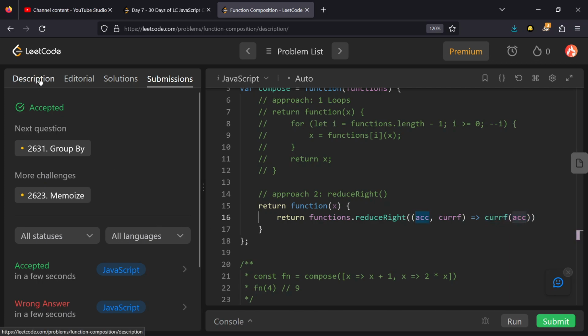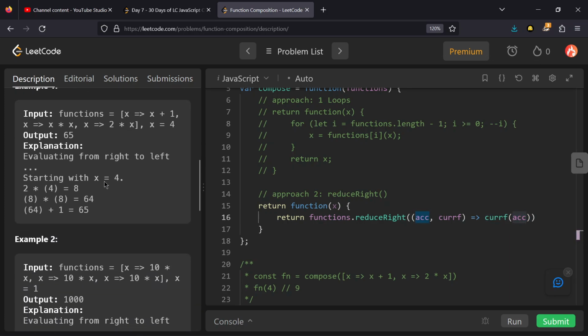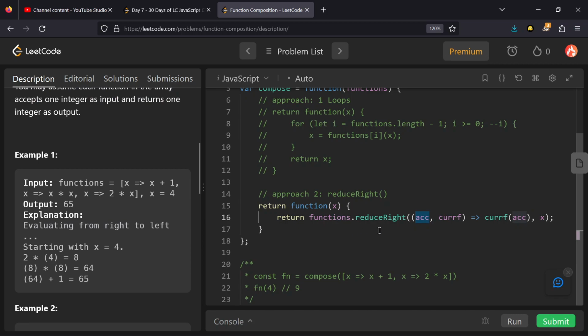And just as we discussed here, our initial value is x equals 4, so at first we need our accumulator to be 4, so we are passing the initial value here, so this is x in this case. So at first accumulator will be 4 and current function will be the last function, because we are using reduceRight. So the current function will be this function, and this will be our accumulator. So it will return 8 first, and I tried this already.